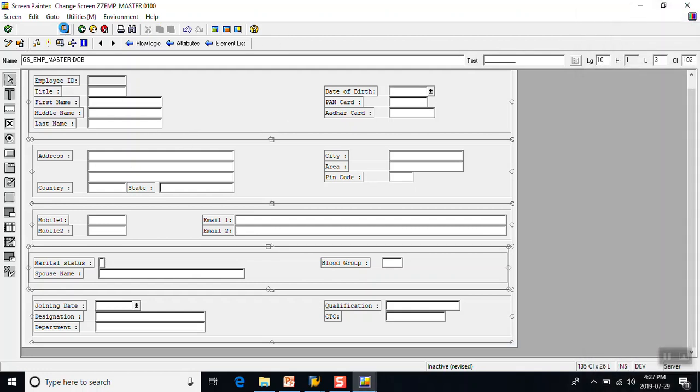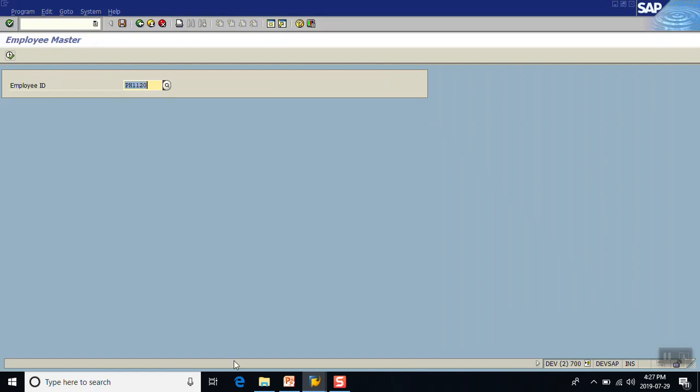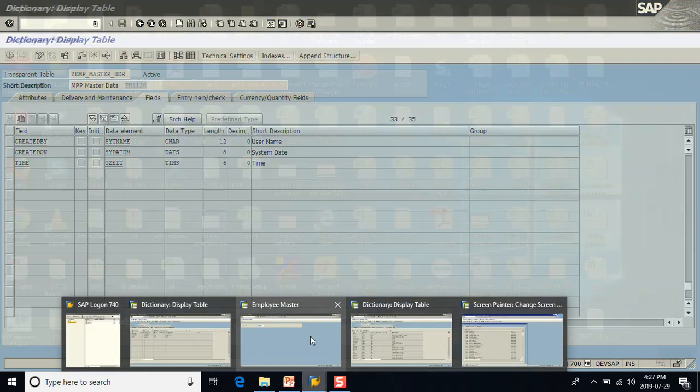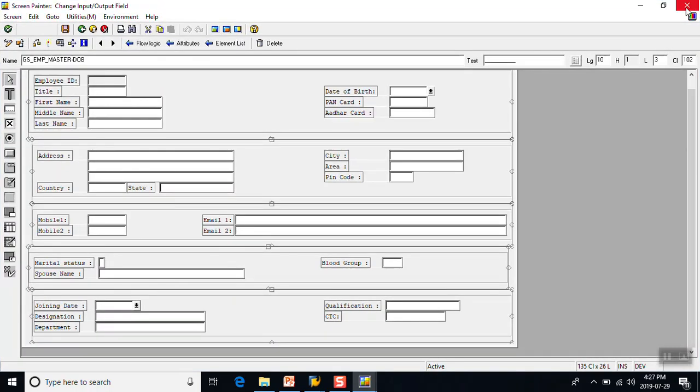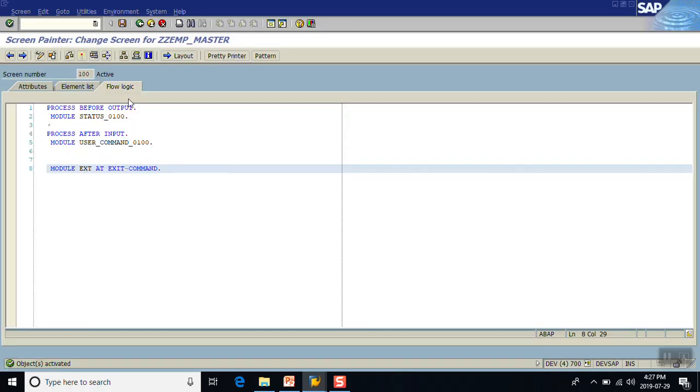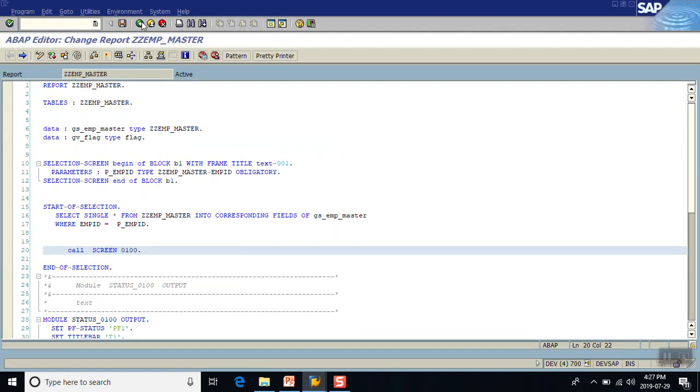Save and activate. Save and activate. Close the window. So we can see the screen is active. Click on the back button, activate the main program. Now click on the execute button,